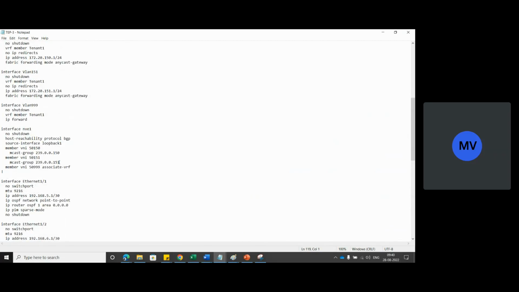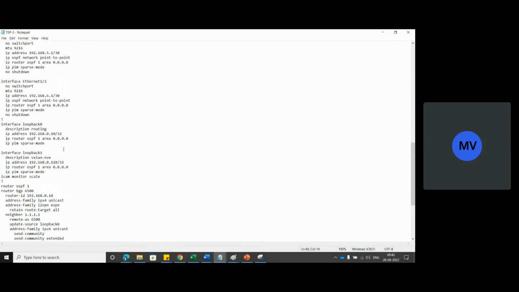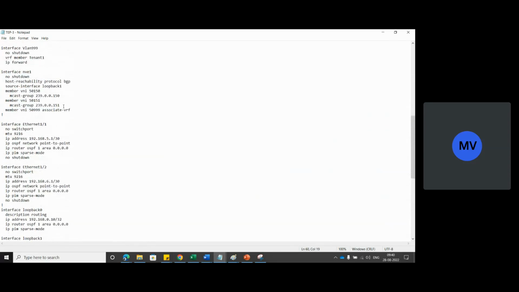data plane. So I'm going to get a VNID and associate that to the VLAN, just NVE interface, with the L3 multicast gateway. Okay, so what I'm going to do here is,